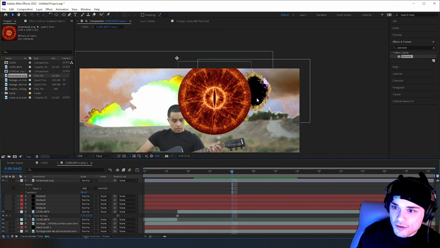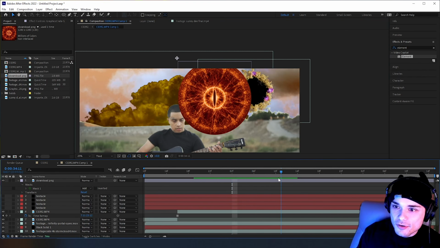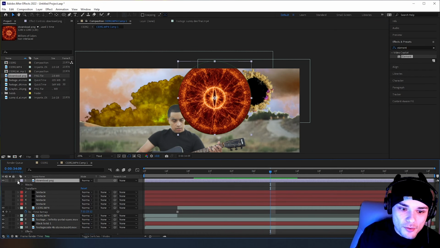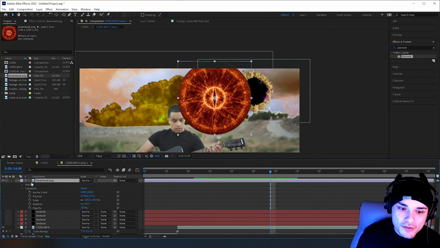So I'm looking at the portal right now to see where it is, and I want the eye to come up right here. So I'm going to open up this little drop down, open up the transform, and I'm going to keyframe the scale and the position. Right now I'm going to move the position